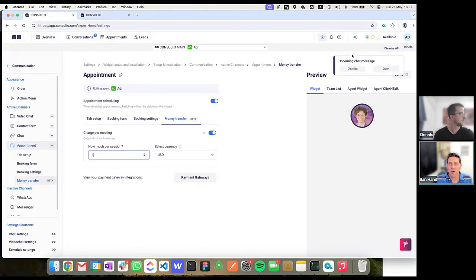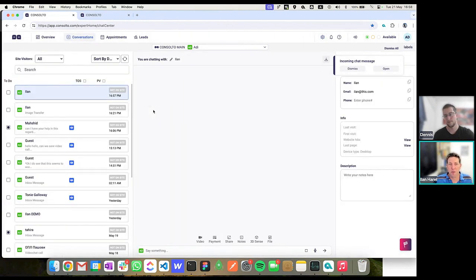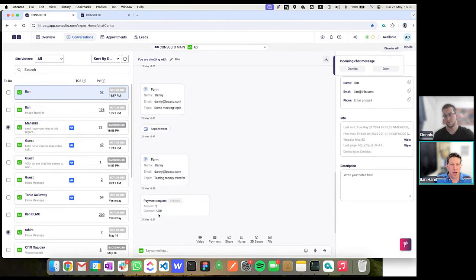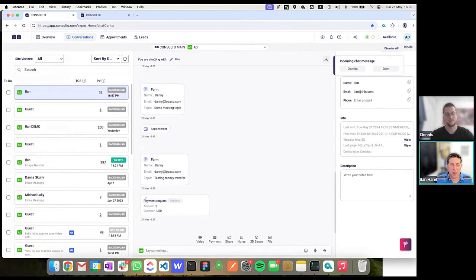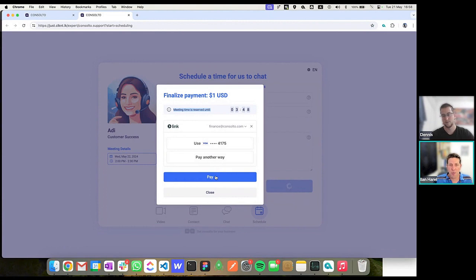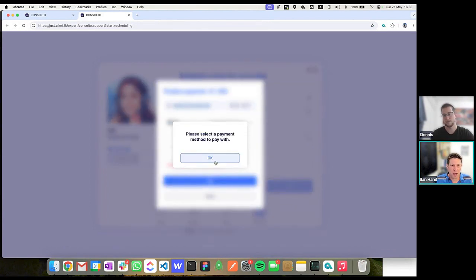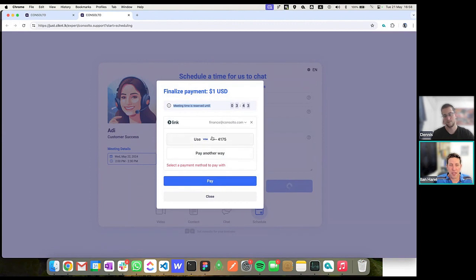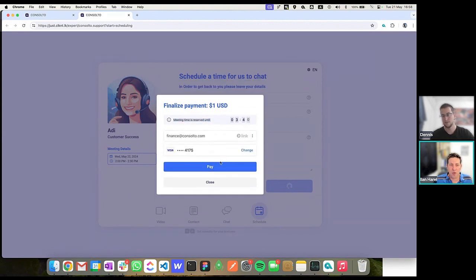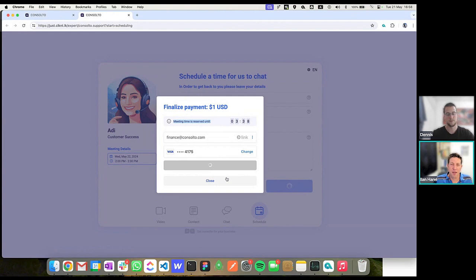So another thing you would notice is that on the back office, you received a notification. Open the back office during this time and look, someone's trying to pay me. Okay, a payment request was initiated, $1, which is really nice. Okay, I have a notification. I also see that it wasn't finished, and let's see what it looks like when it's finished. So I'm going to pay $1 for this demo, guys. Okay, I need to select a method. Here, I'm going to use this one and pay. Wow, I made Consolto rich.